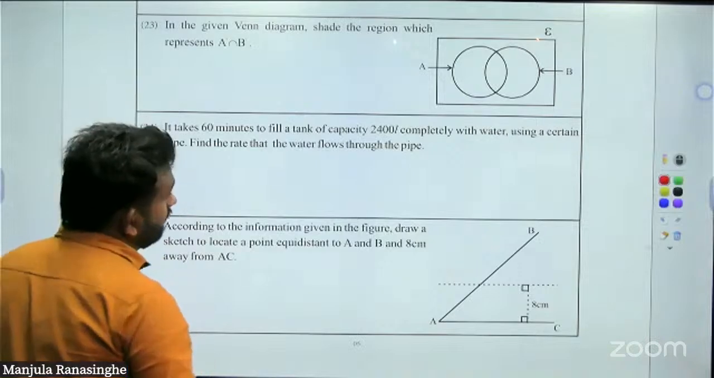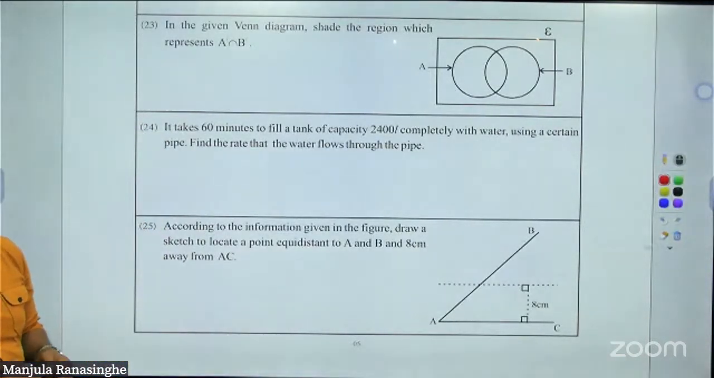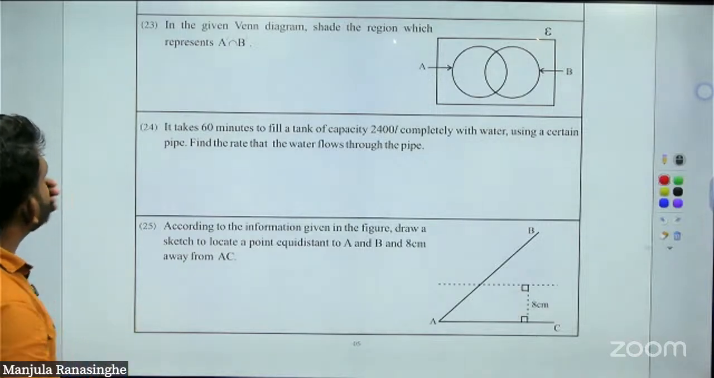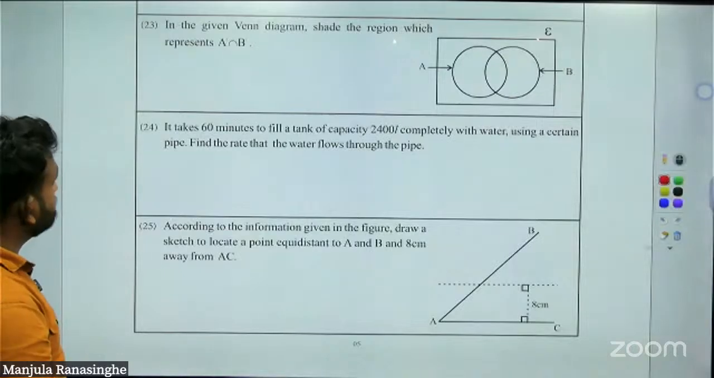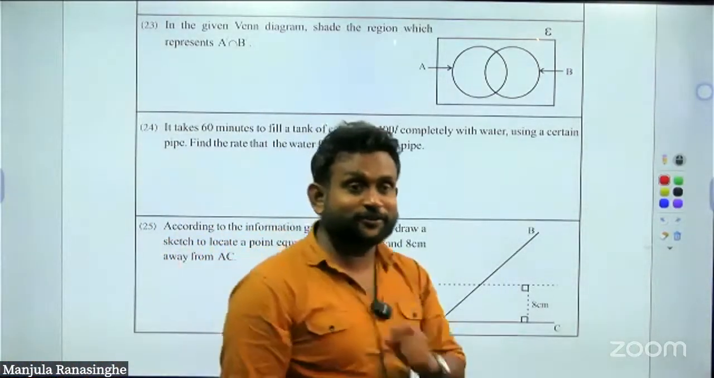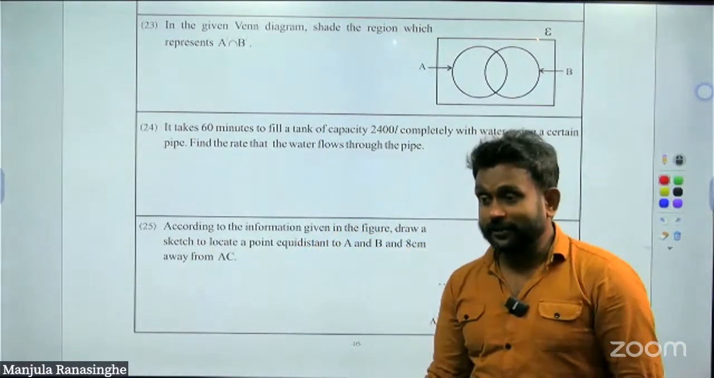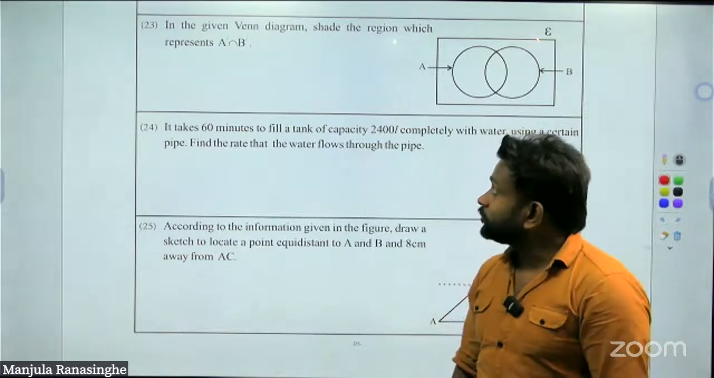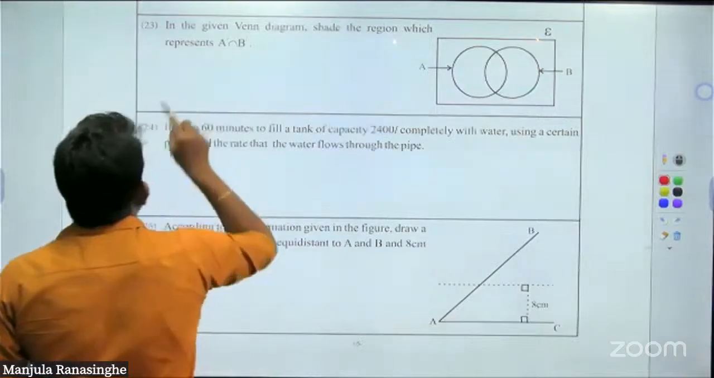Right, now check the last three questions of part 1 very carefully. In the given Venn diagram, shade the region which represents A dash intersect B dash. Right, a lot of students fail in this question if you do not know the exact way of doing it. How to do that one? A dash intersect with B dash. So I can tell that here,